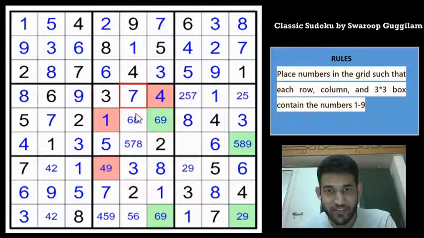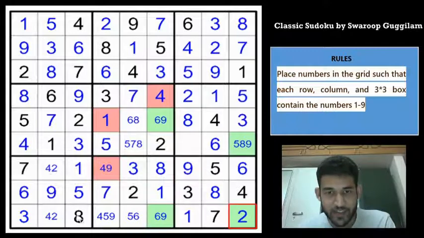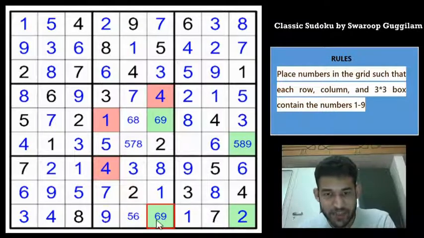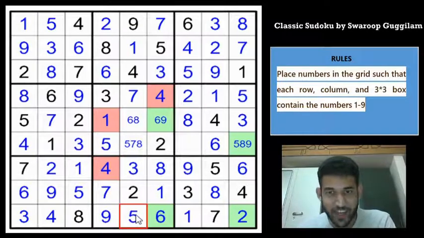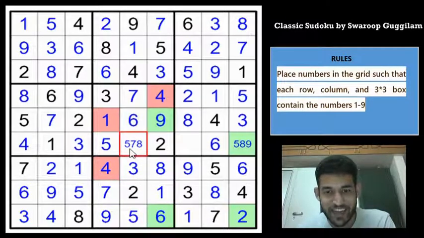This 5 gives us 7 here, and now 5 in row 4 has only one cell left. Because of this 5 you get the 5 here, and which means this is a 2, which gives us a 9 here, a 2 here, a 2 here, a 4 here, and 4 goes here now, and this must be a 9 now, this must be a 6, this must be a 5, this must be a 9, this must be a 6, and this must be an 8.